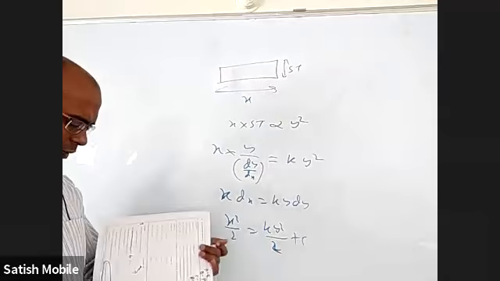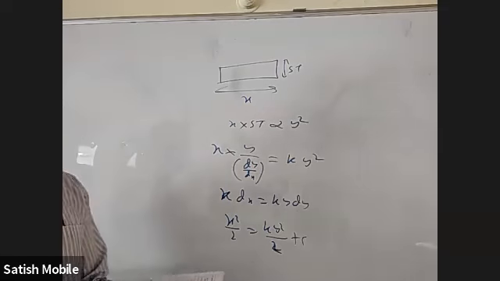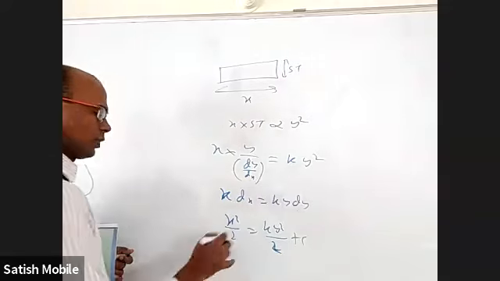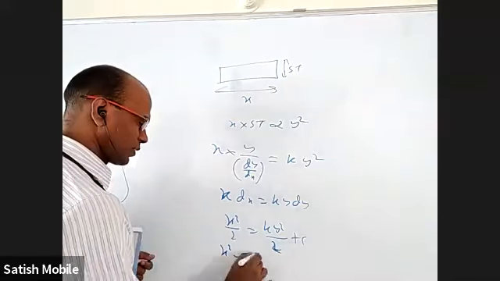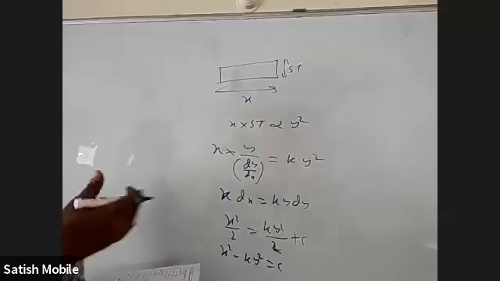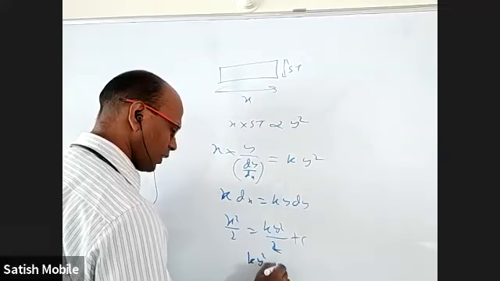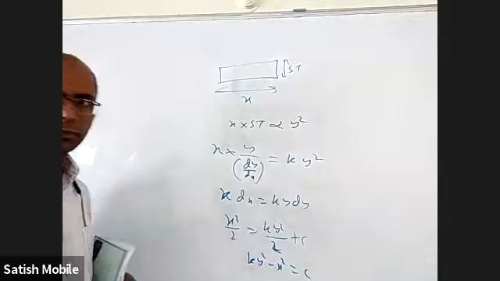And it's some kind of hyperbola. So option Q is there. B matches with Q. Okay, x square minus ky square is some constant, c or 2c, doesn't matter. Even ky square minus x square you can call it, not an issue. Ky square minus x square equal to some constant.